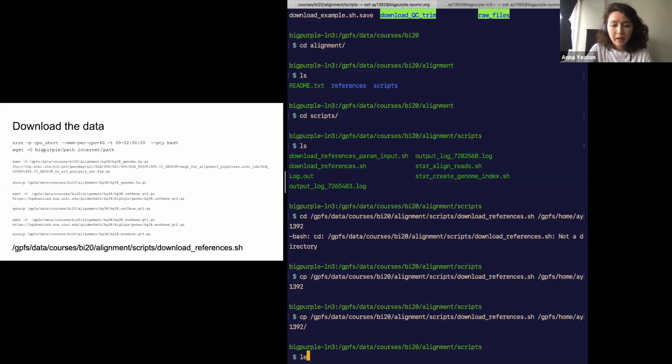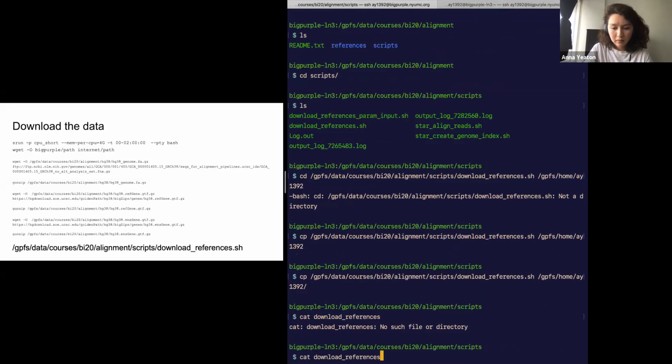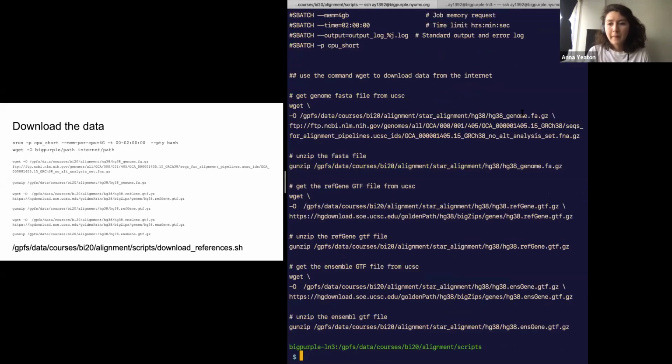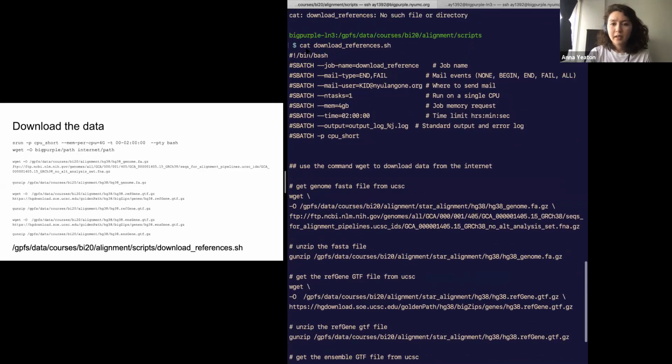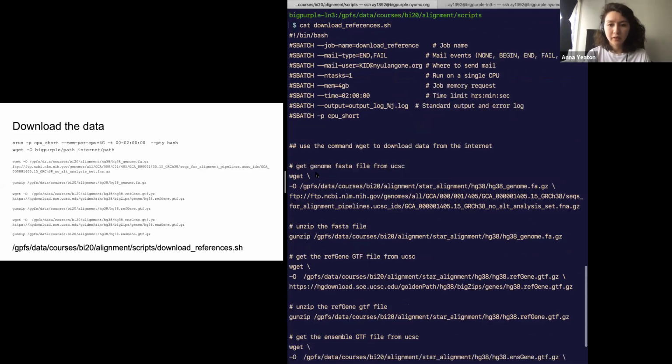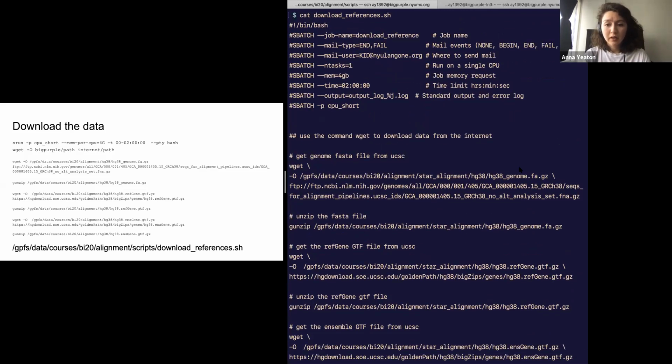Okay, now if we look within download_references.sh, we see our sbatch header. So I made this an sbatch script, so you can run download_references.sh using sbatch. But we're not going to run this file. This is an example for you guys to work with. You can see here